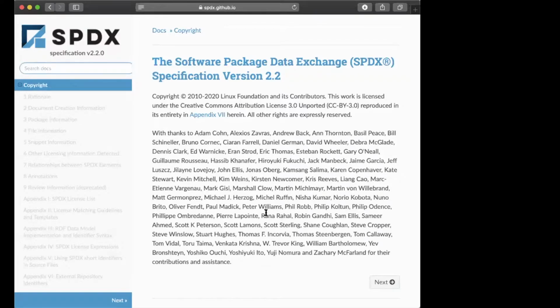SPDX is a software bill of materials. It's been around for 10 years. It is now getting used in more places, for example, around the Linux kernel and build projects like Zephyr. SPDX is regarded as quite useful, and for example, the US government is beginning to include it in recommendations through